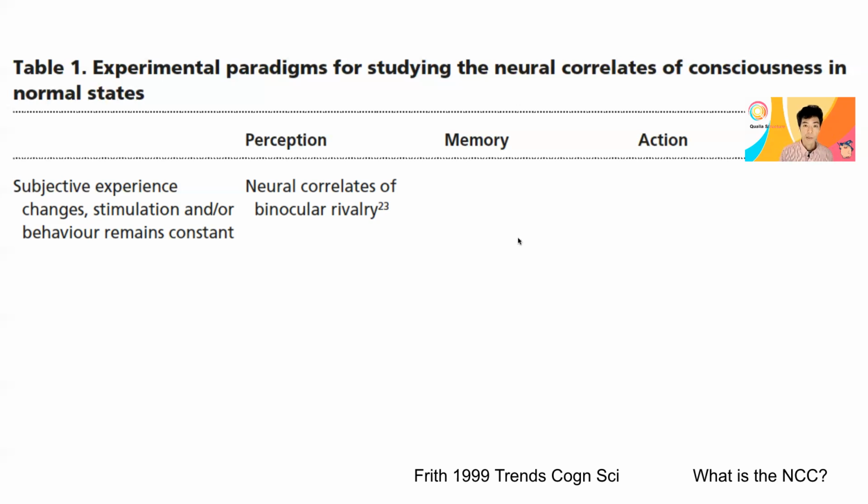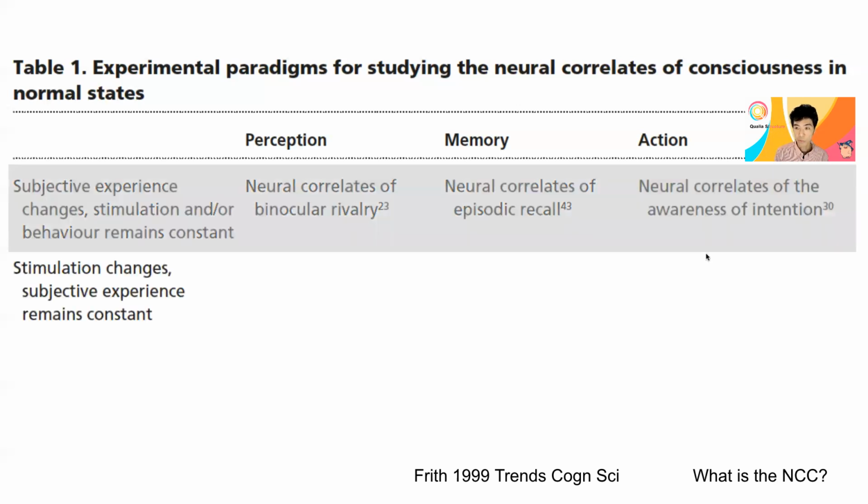That's the idea. Next, memory. So, neural correlates of episodic recall. Here, stimulation can be the same. Let's say you give some kind of cue, like 1 or 2 or 3. However, your subjective experience can change depending on the previous memory. If you are trained or asked to remember some particular episode depending on seeing a particular number, then you recall different things. So the conscious memory will be different while the stimulus remains the same.